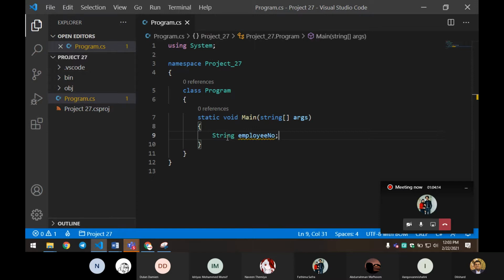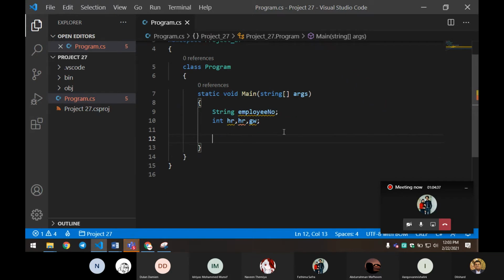So hourly rate is an integer. So we have to declare hourly rate as an integer. I'm going to say integer hourly rate and hourly work. Even gross wage is an integer. So we're going to declare all three together in the same row. That is possible.